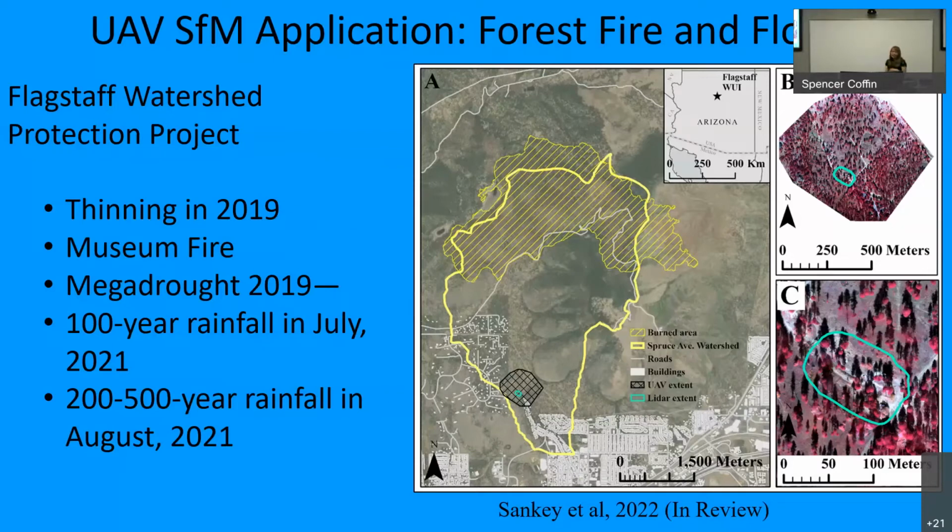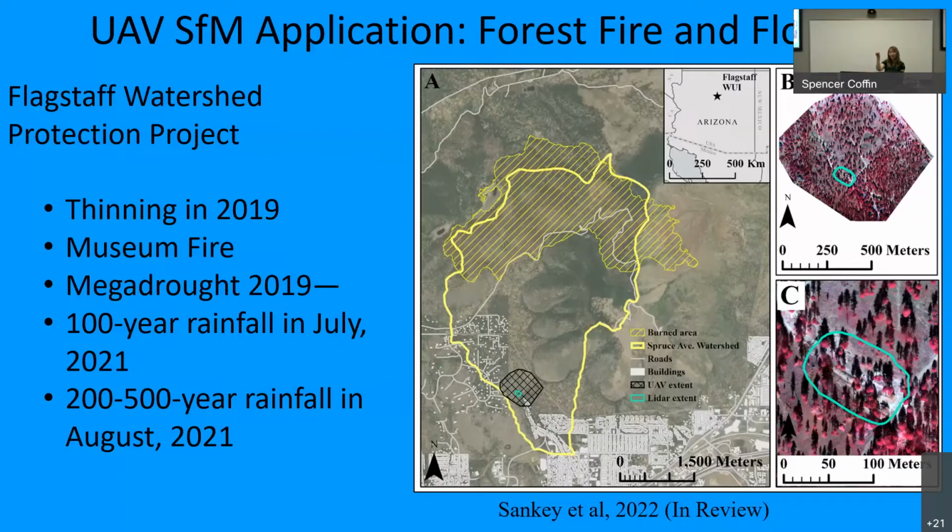And so we have been monitoring that. Also, on top of that, since the thinning and since the Museum fire, we had the mega drought that started in late 2019, early 2020. But basically, we didn't get a lot of precipitation on the fire scar for over 2 years. But then suddenly, monsoon season hit hard last summer. So in July, we had a 100-year rainfall event. A few days later, we had a 200 to 500-year rainfall event that actually